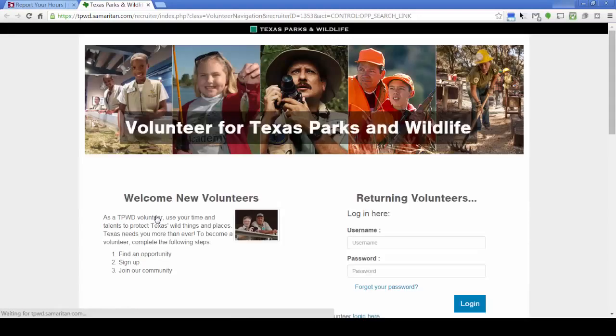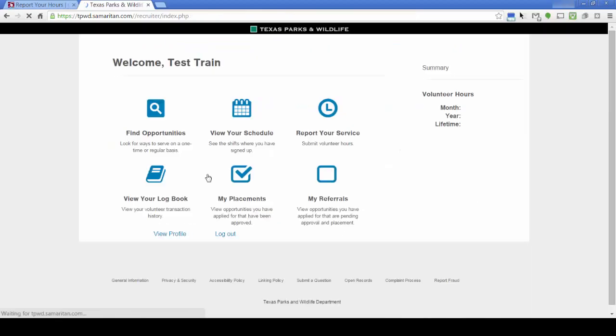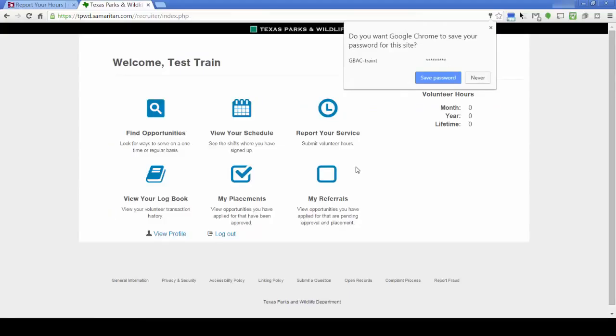Selecting report your hours brings you to the base page. We're going to log in to one of our training accounts, and it's GBAC TRAIN, our test train account, and we're going to put in a temporary password. This is case sensitive, remember. Once the system accepts it,